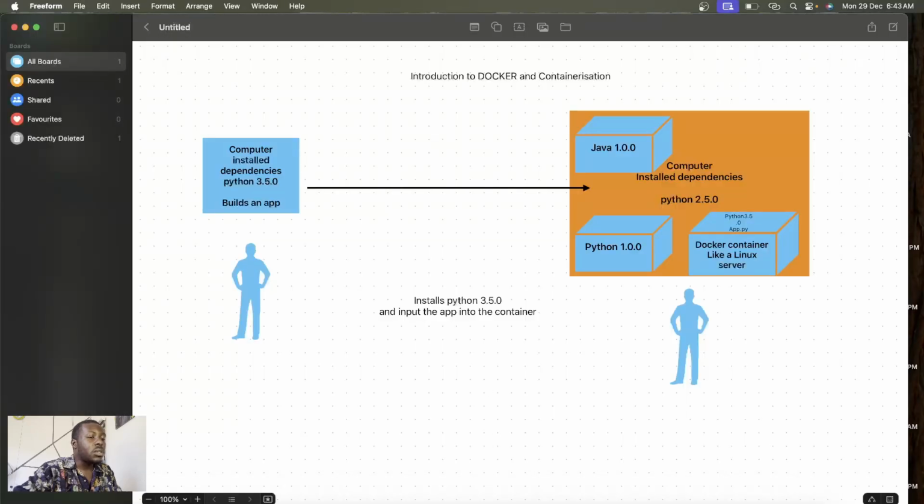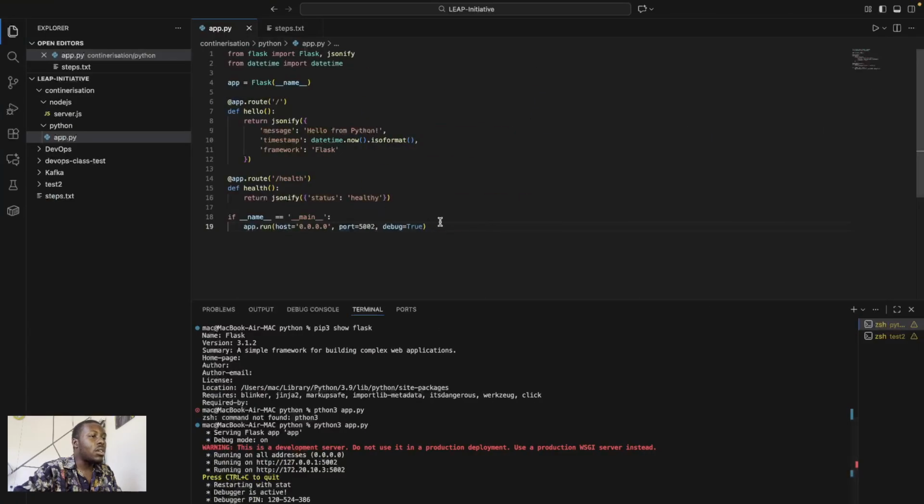So what do we do now? Now we want to containerize this application, because if we send this script to someone else, we will need that person to be running maybe Python 3, or we will need that person to install Flask on their local computer, and perhaps Flask is not something they want to install on their local computer. So what we will do now is package and containerize this particular application.